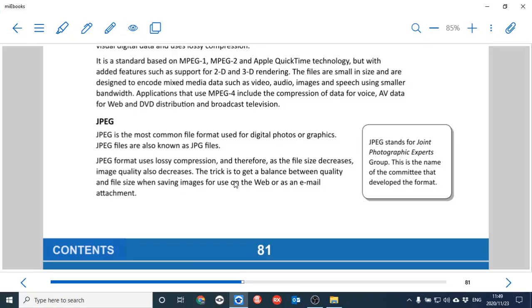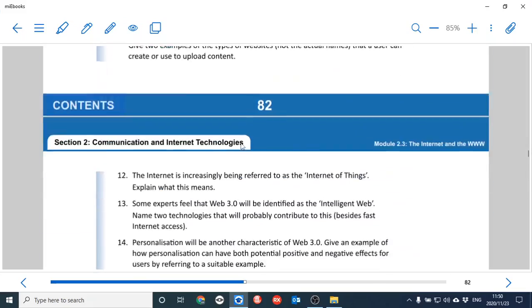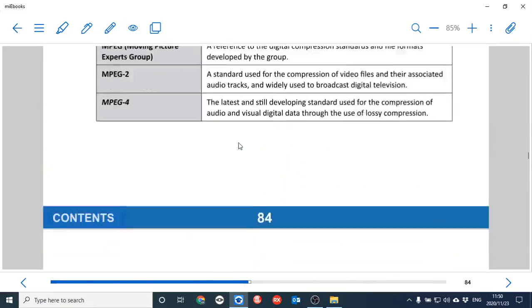We can use a JPEG compression formula to compress it to a smaller size so that it first of all doesn't take up all our space on the hard drive on our cell phone. But at the same time, we mustn't compress it too far so that the quality becomes so bad that we start missing some of the picture. Right? And I think that's it for 2.3.